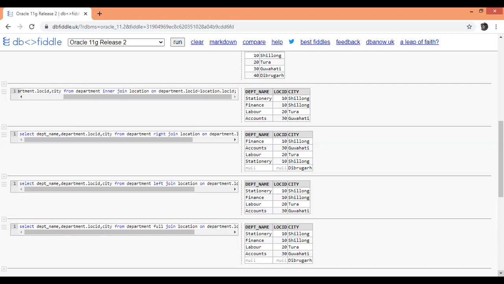Okay, the last one is the full join. In a full join, even if there is a match in both tables or not, even if they do not match, everything will be printed. The syntax is the same, we are just using full join here. So this was all about join. With the help of join, you can work with two or more tables. Today we have worked with two tables. Similarly, you can work with three tables, four tables, and so on. Okay, so this was all about multi-row functions.